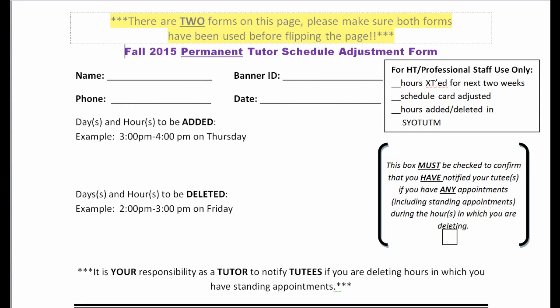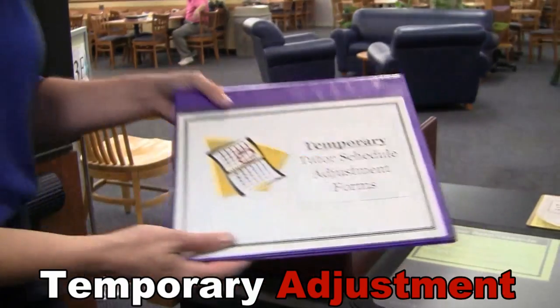Again, if you have any standing appointments or even just one-time appointments, you can't just remove something unless you have notified people, the tutees in particular, and also our front desk, so that we can make that change in the system. Temporary